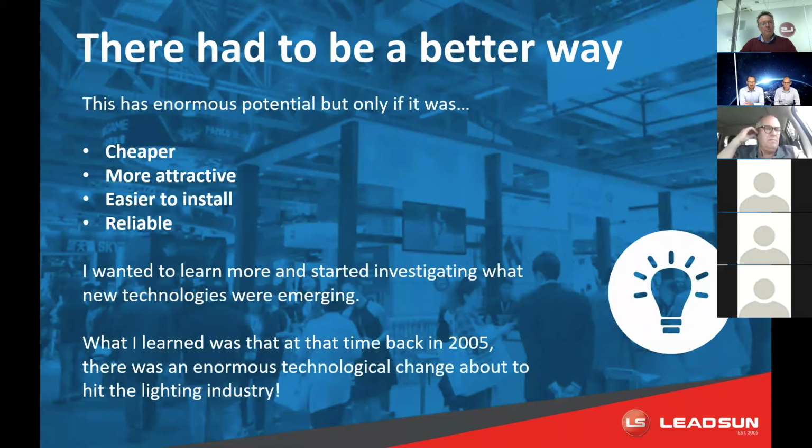So even after that first bad experience with solar, I still realized that it had lots of potential, but only if it could become a lot cheaper, more attractive, easier to install, and also, importantly, more dependable, just to ensure that it could work all year round, not just during the summer months. So that led me on a bit of a journey to start investigating more about how solar lighting could be